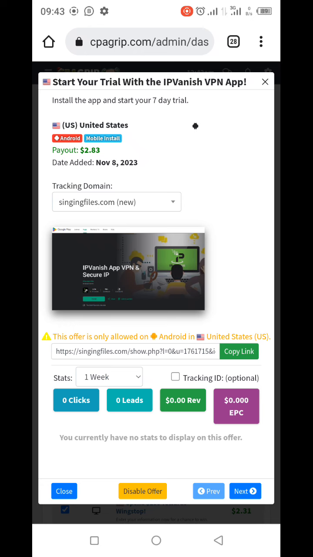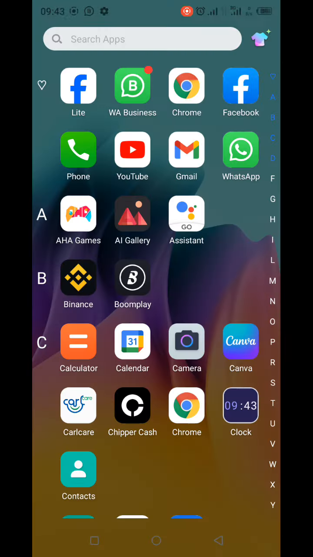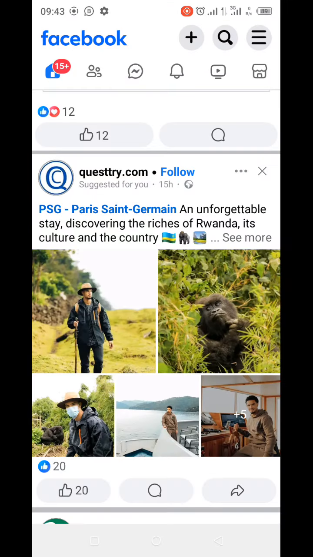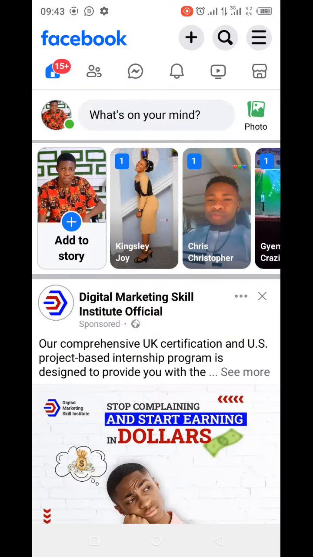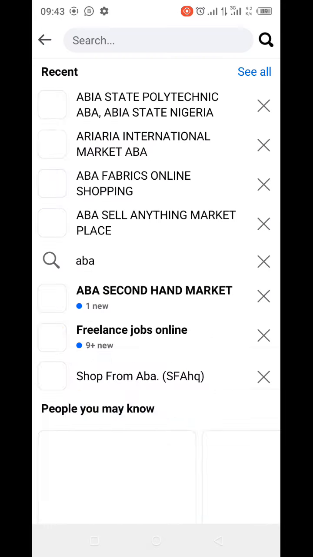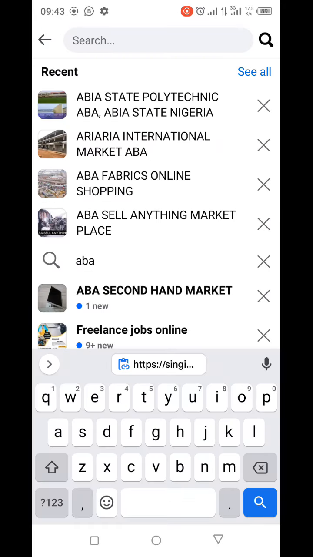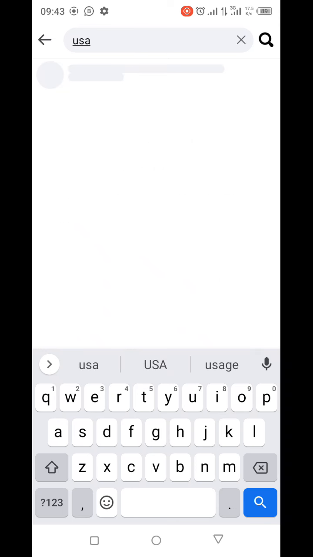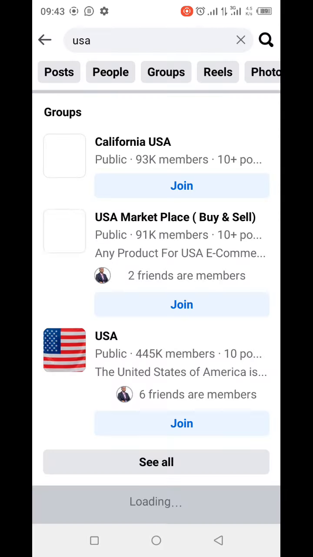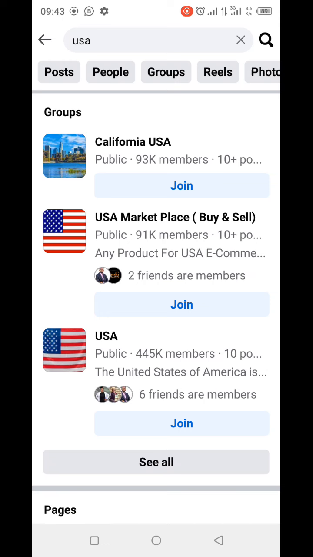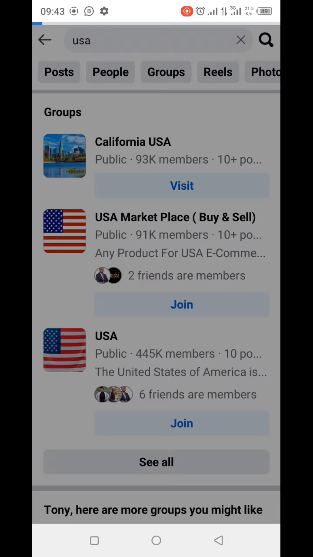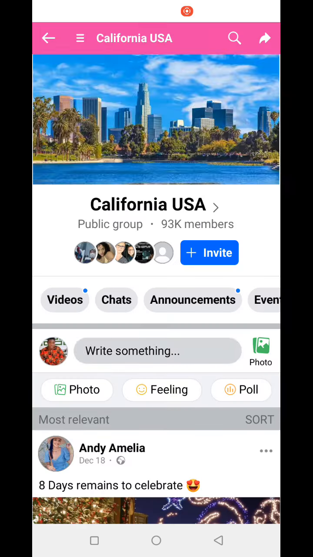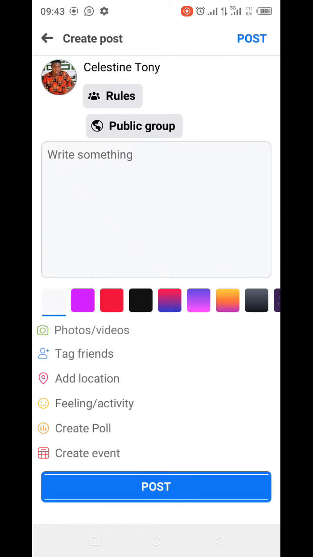So let me just come over here. Let me just go to Facebook, for example. So I can just come over here and search for, let me say, USA. Let me just type USA. So I will look for groups that bear the name USA. This one says California, USA. Let me click join. Click visit. And then I'll come over here to write something. I'm going to write a post like, let me say,